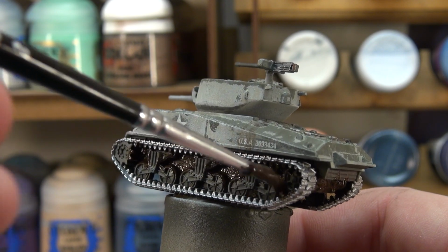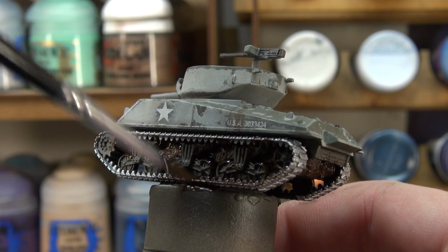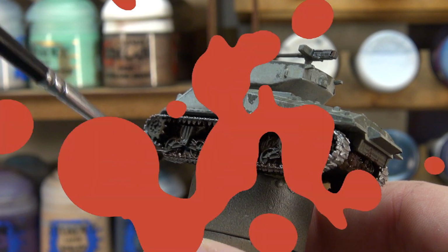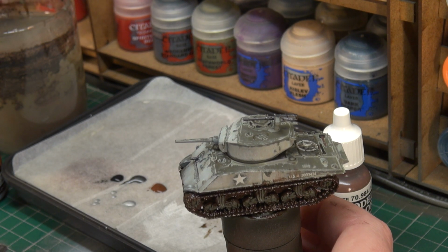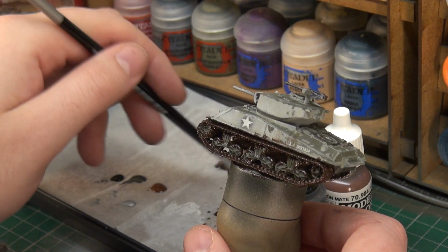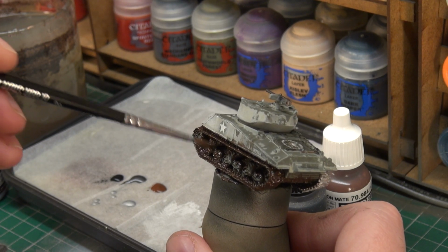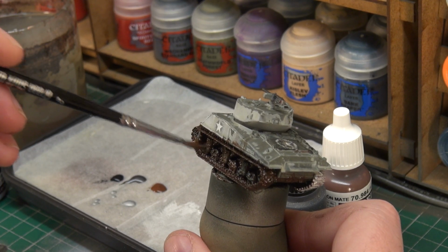And what we're going to do is just work it in, practically brushing it on, trying to get into as much of it as possible. Now, what I'm going to do is clean my brush off, and we're going to lightly thin some of our mud effect out, and basically just blend our suspension units and stuff in. Just give them a coat of this that's a little bit thinner and won't settle as much